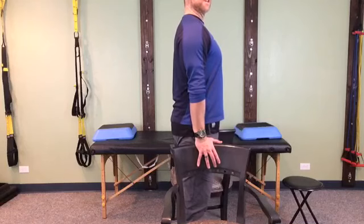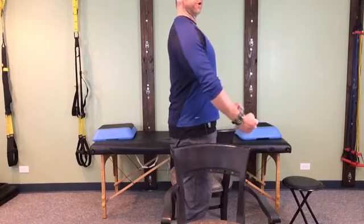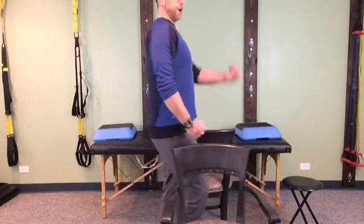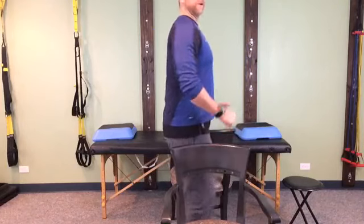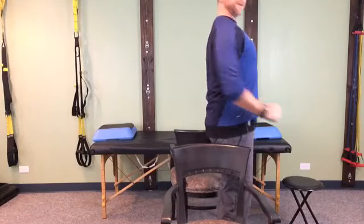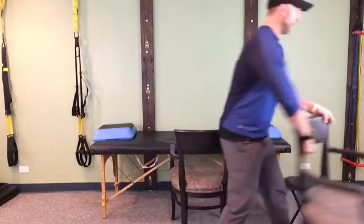Now from that position, go for a walk, okay? So from that position, if you're on your walker, guess what? You push and you walk. You push and you walk. If you're on your trekking poles, you get tall. You step and you walk. You step and you walk. If you're actually in a real walker, take that thing and push it, walk forward. Keep everything underneath. Push it, walk forward. Okay? All right, so